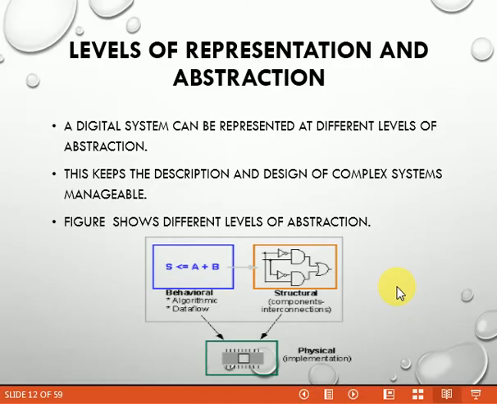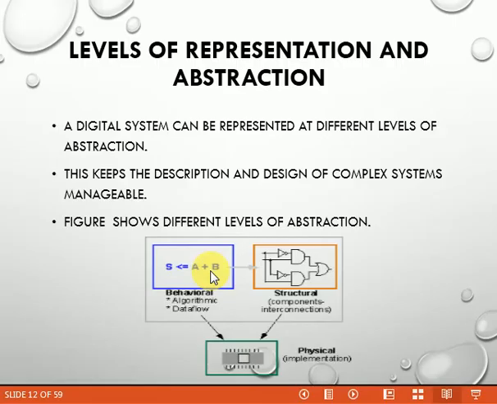That means if we have two inputs, suppose A and B. So here in this block you can see that these inputs A and B are added together, that means there will be an ORing function. Okay. So output will be equal to A or B. That can be expressed by a Boolean expression in the behavioral abstraction level.